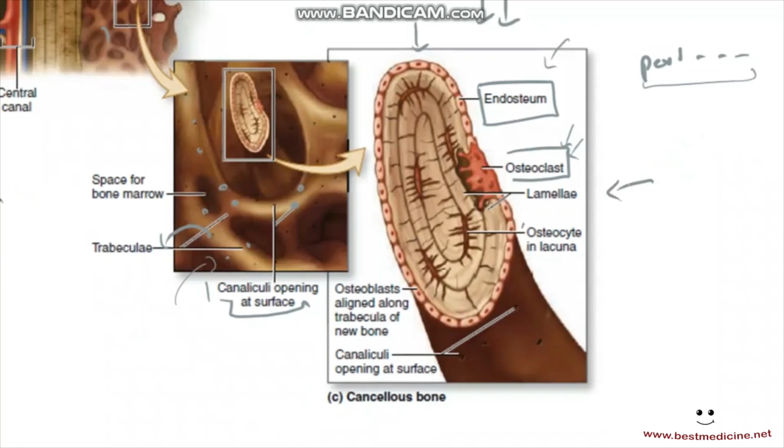So it has the osteocytes inside the lacunae. It does not have any perforating canals, any Haversian canals. It does not have any blood vessels going to and fro into its system. So the exchange of materials that it does is that these canaliculi, I'm going to draw that in blue, these canaliculi can open into the surface, into the trabeculae, and is able to exchange materials with the medullary cavity. Okay,